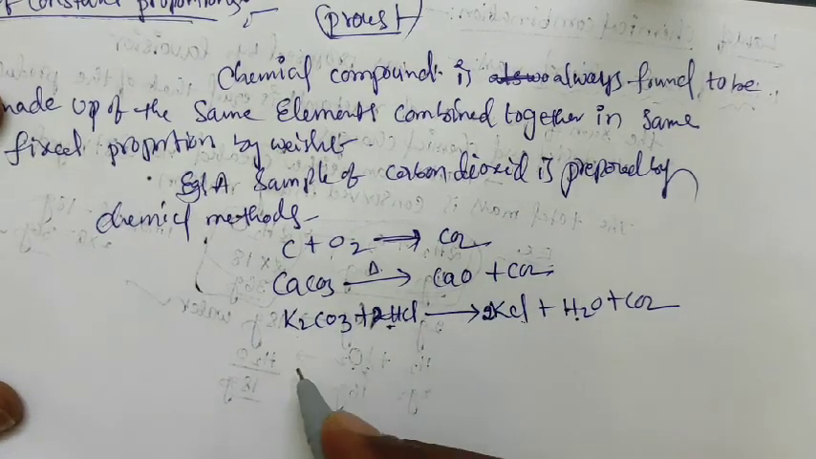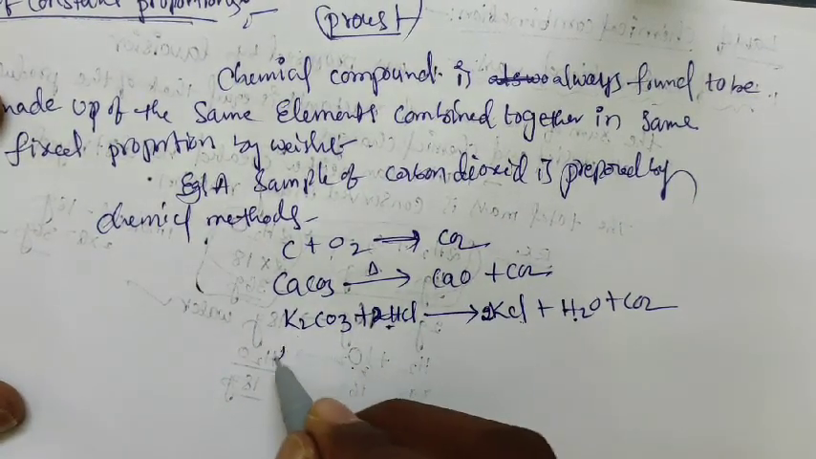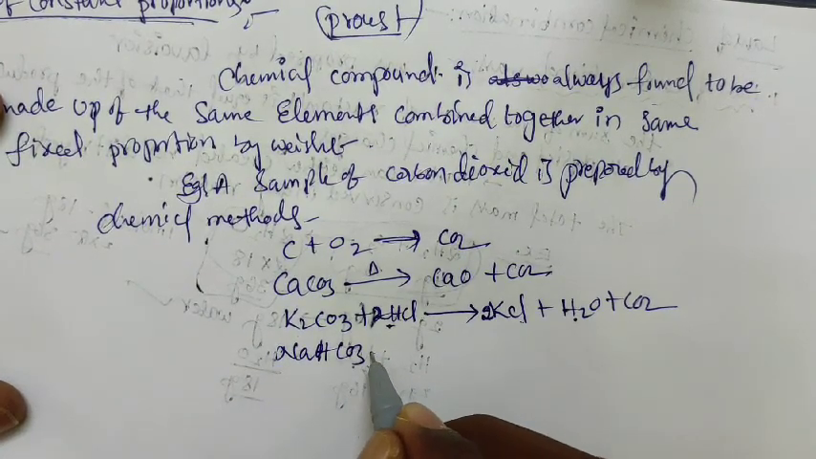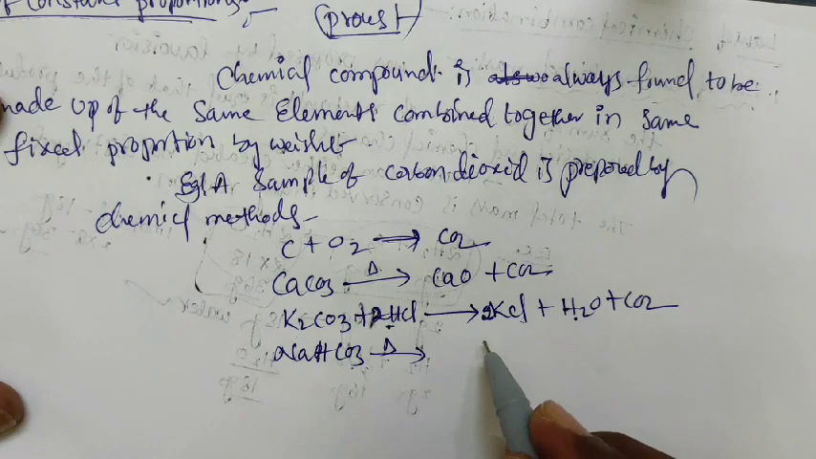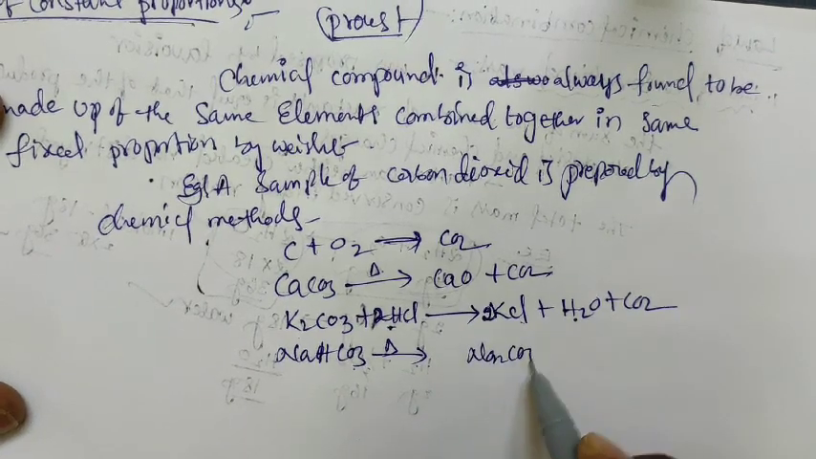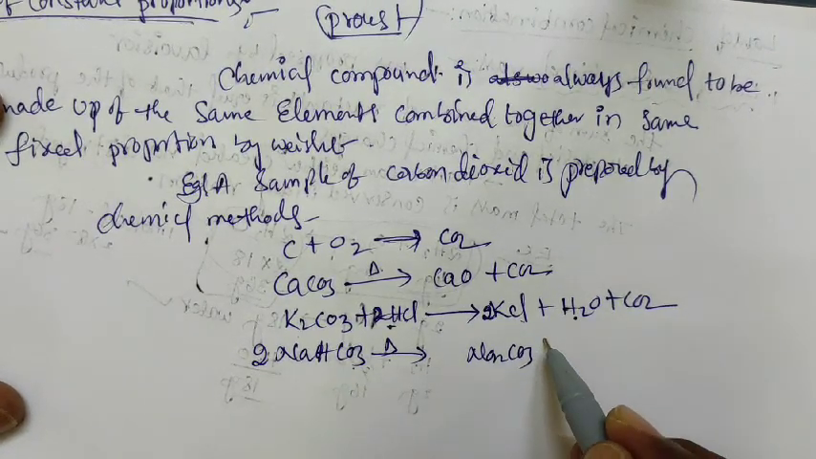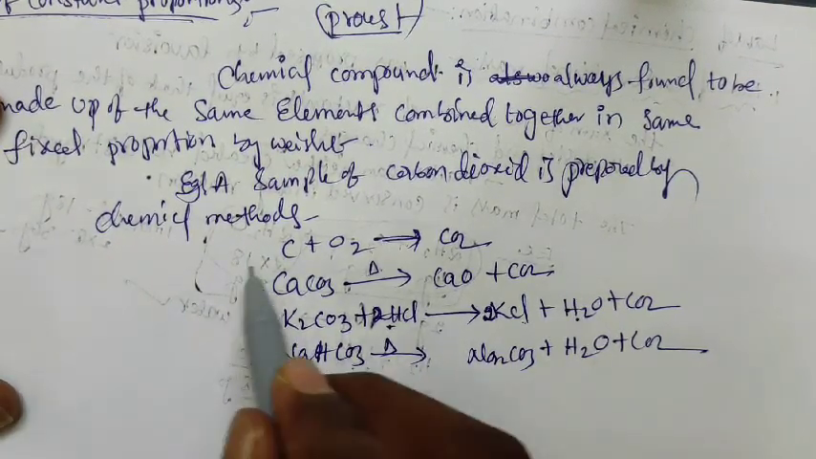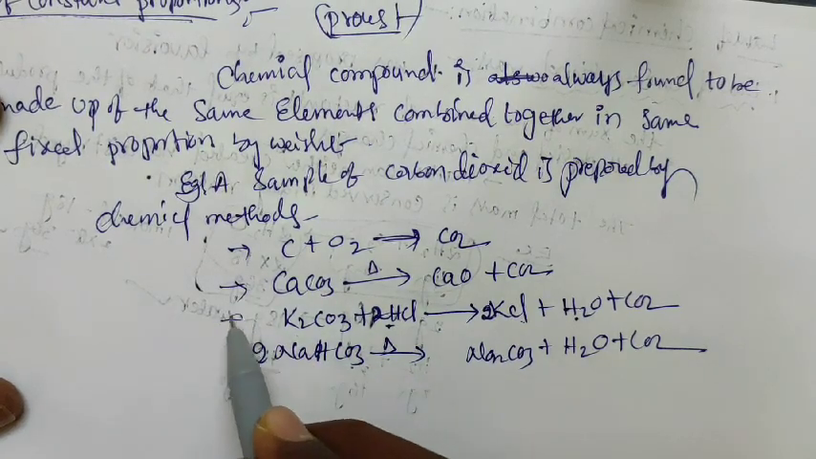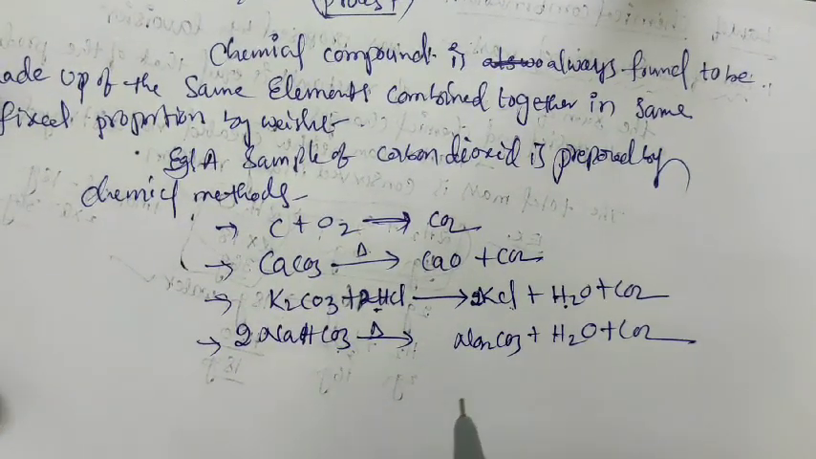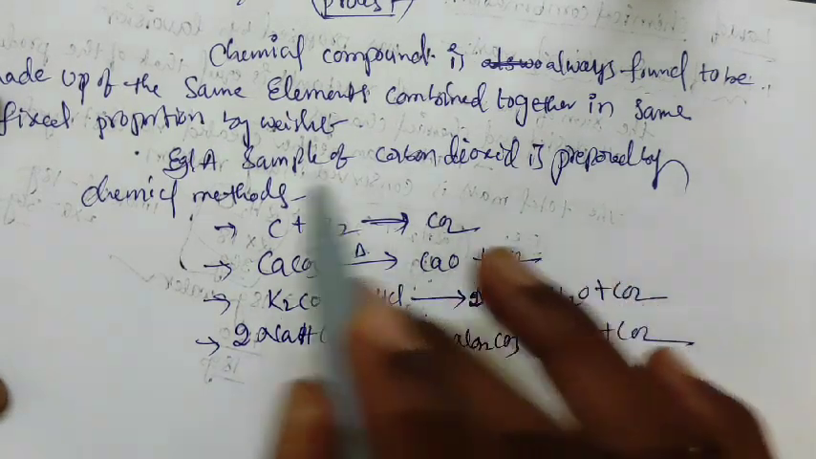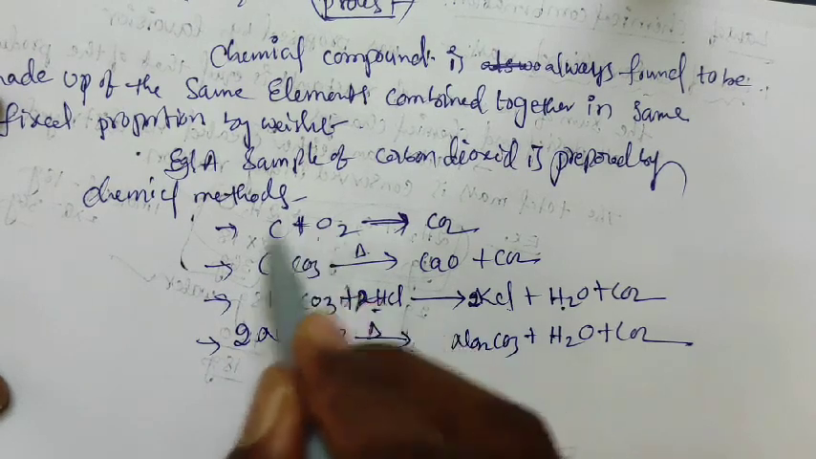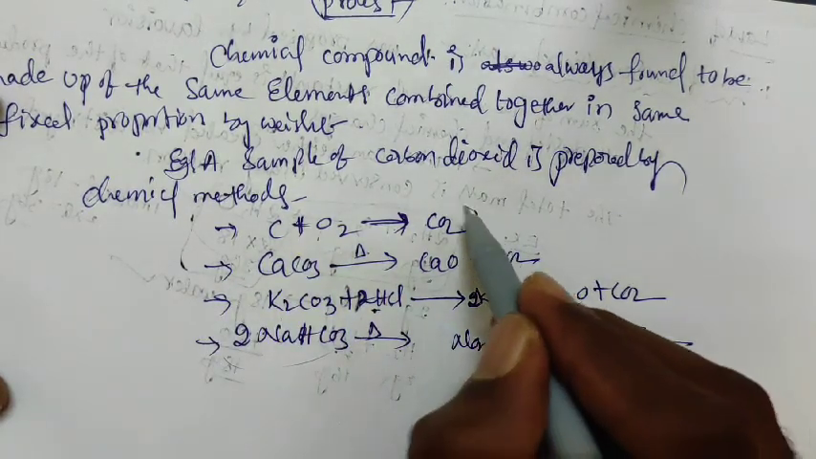Okay, now one more example, NaHCO3, sodium hydrogen carbonate, on heating we will get 2 moles Na2CO3 plus H2O plus CO2. So this is the first one, second one, third one, fourth one. All are preparation methods only, whatever the source, whatever the reactants we use, we want to get